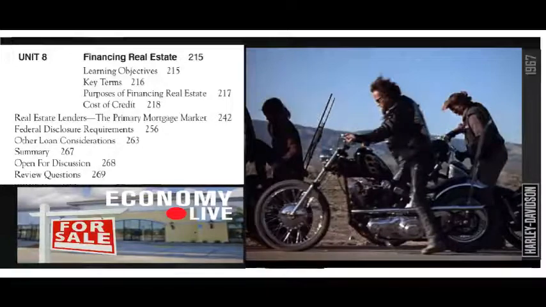Key terms: acceleration clause, adjustable rate mortgage, ARM, adjustable rate note, alienation or due on sale clause, American Recovery and Reinvestment Act of 2009, ARRA, amortized loan, annual percentage rate, APR, assumption, balloon payment, basis point, beneficiary, California finance lender, California Finance Lenders Law, California Residential Mortgage Lending Act, certificate of discharge, construction loan, credit bid, declaration of default, deed of reconveyance, deficiency judgment,